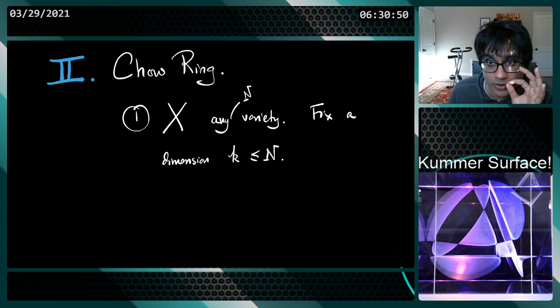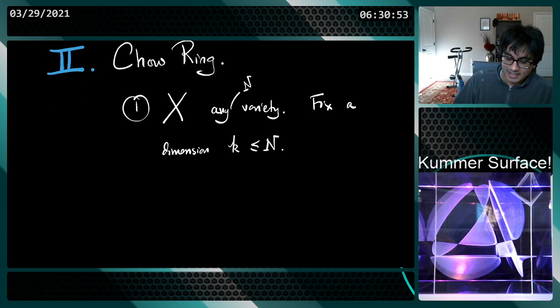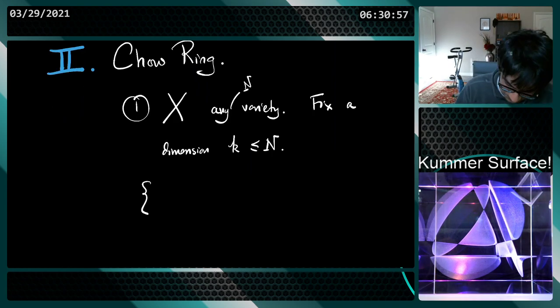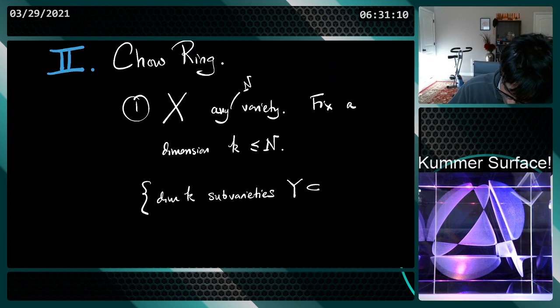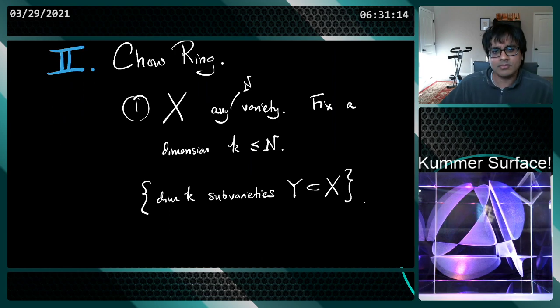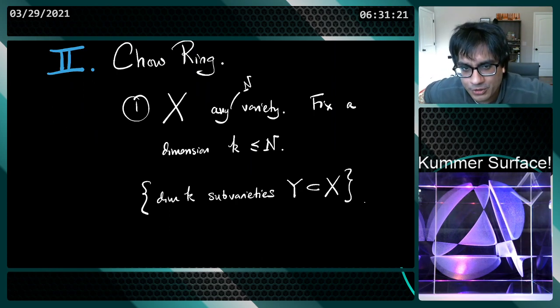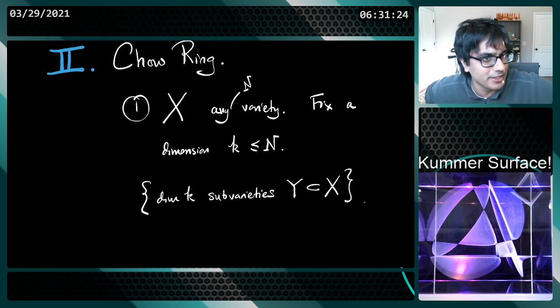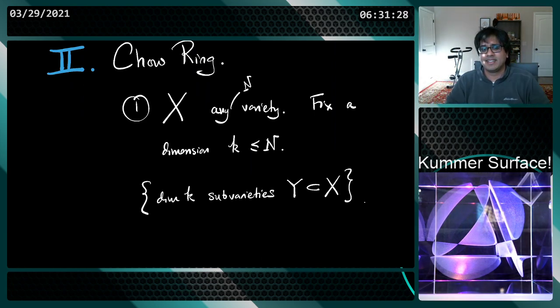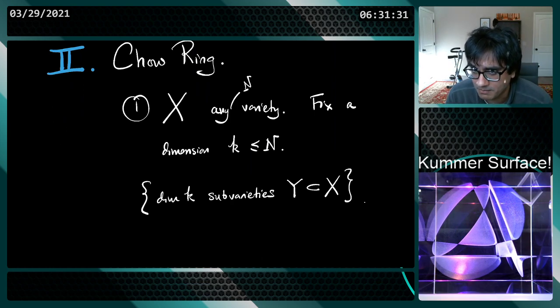Okay, so you fix the dimension, and you consider subvarieties. When I say variety, I mean irreducible. Okay, so you look at the set of all subvarieties of dimension k. And subvariety means closed subset. Just imagine the full set of all of them. It's enormous. It's a completely out of control set. Can't possibly be useful. It seems like it's completely not going to be usable in any given situation. And that's true. It's not going to be a very useful concept